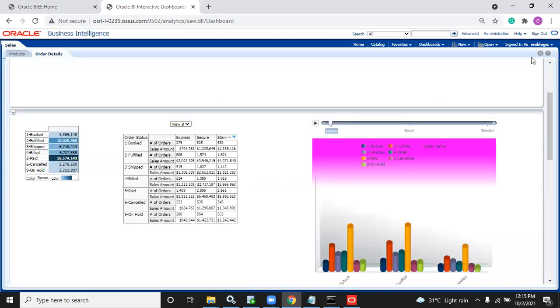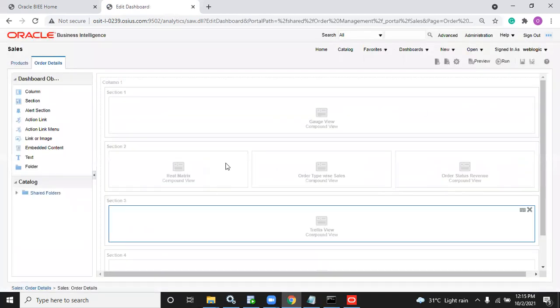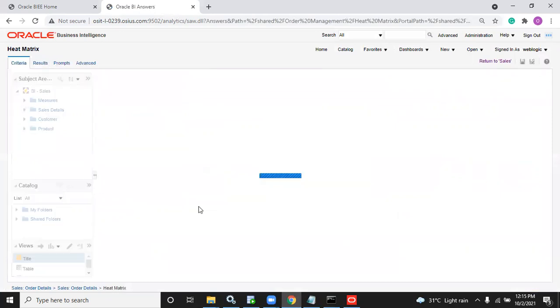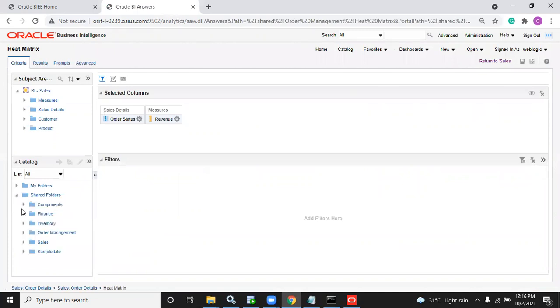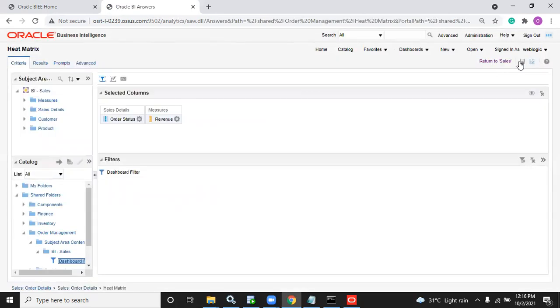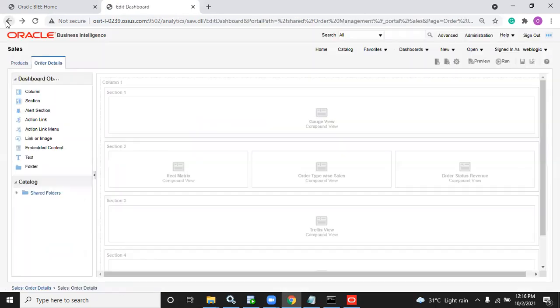One, two. Okay, how to edit the reports? You can edit from the dashboard. Let me add the prompts. Okay, I'm adding the prompt. Filters I want to add. So you already, I saved the filters here, right? So just go here and add those filters, whatever you saved. So it's double click. Either directly also you can add, it's up to you. You can go back like this. And I can edit this also.